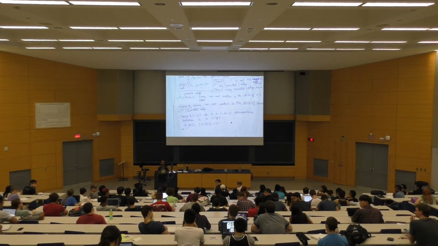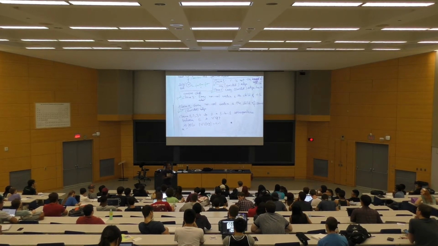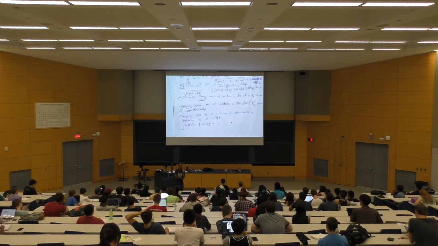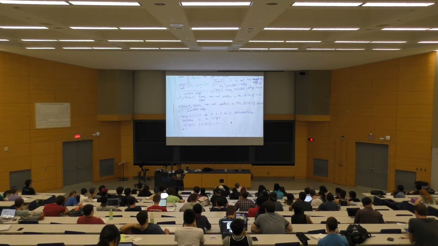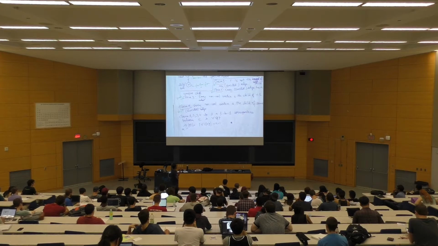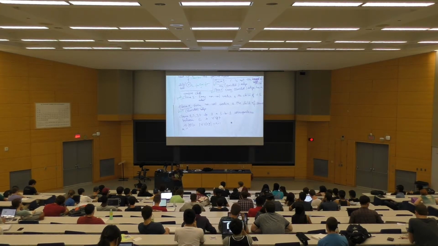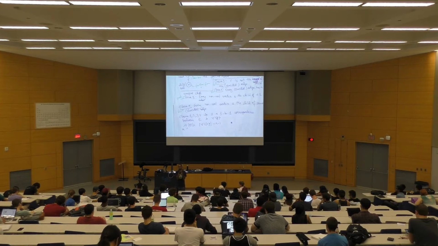Alex? What's the difference between claim 3 and claim 4? So the question is, what is the difference between claim 3 and claim 4? Claim 3 is saying every non-root vertex is a child of at most one edge. So it could be 0, 1. Claim 4 is saying every non-root vertex is the child of some edge. So it could be the child of one edge, it could be the child of 2 edges, or even more. The first one is saying it's 0 or 1. The second one is saying it's 1, 2, 3, and so on. So the only thing that can happen is exactly 1.